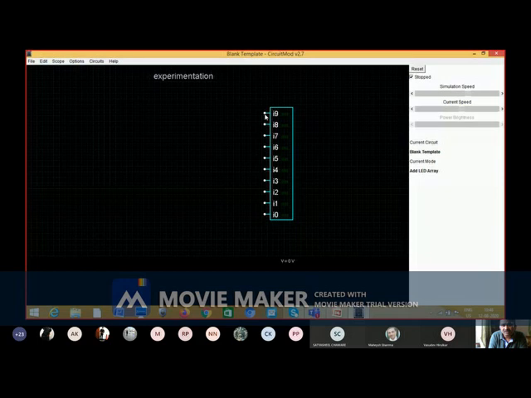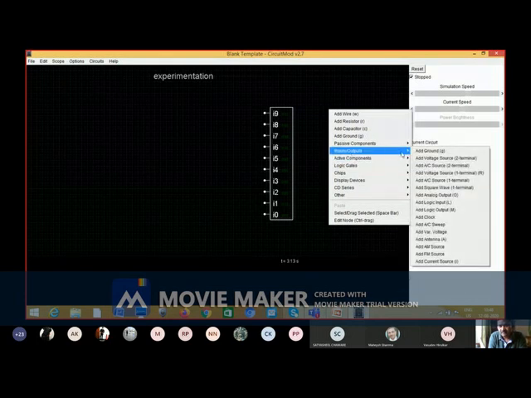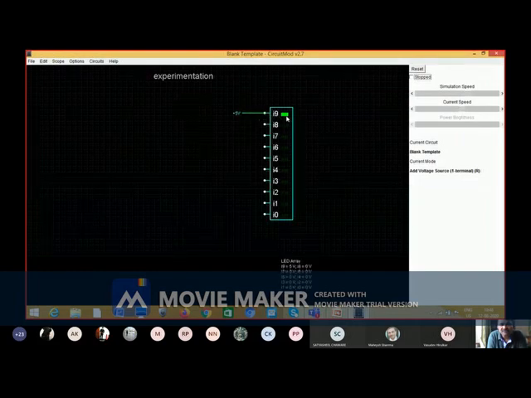Suppose you want to turn on this particular LED. So what do you do? Go to your input output, and here I'm selecting a voltage source. You can see your LED is turned on because I have connected supply to this.